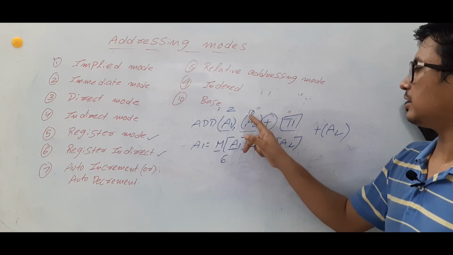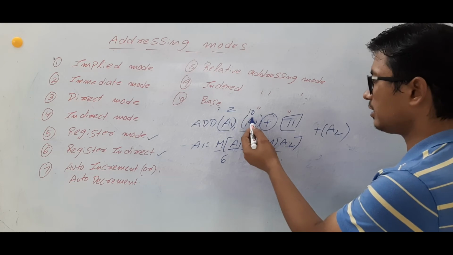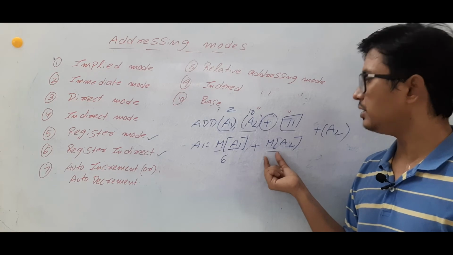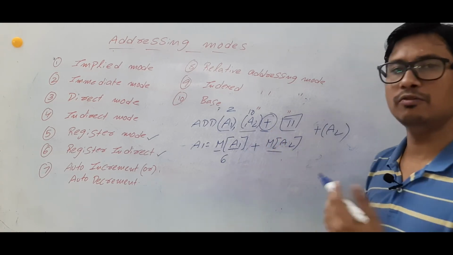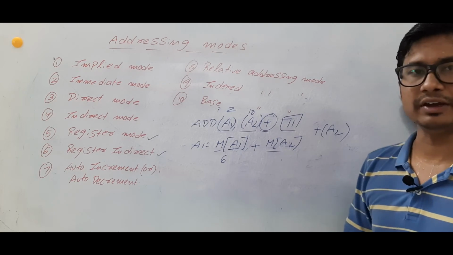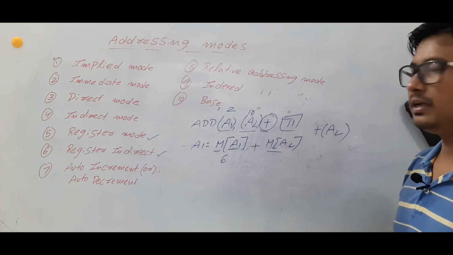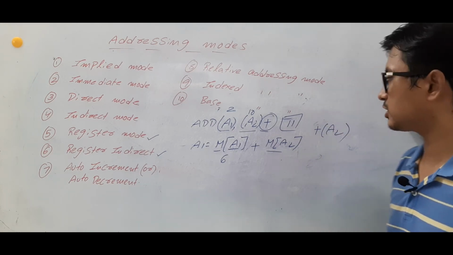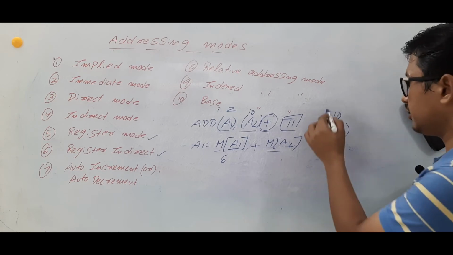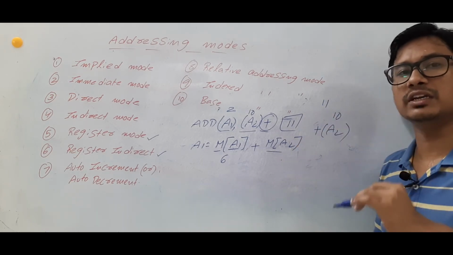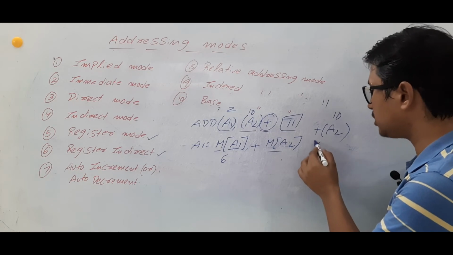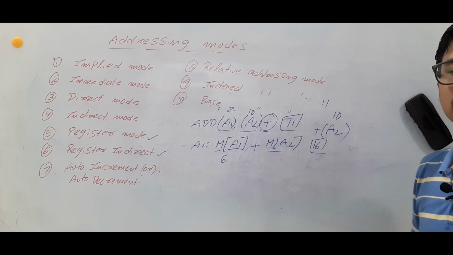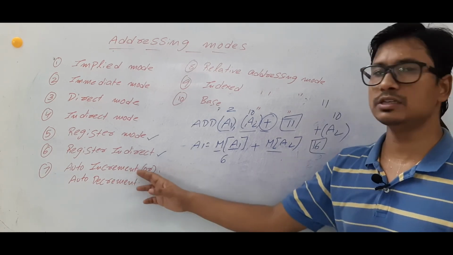So if you have written A2 plus, then first you will go and fetch the value which is there in the address location A2, then the address will be incremented, meaning this address will become 11 in our example. If it is a pre-increment, then what will happen? First it will be incremented, then it will go and fetch the value. Suppose it is 10 here, then it will become 11. In the address location 11, whatever the value is there, that value will be fetched. Let's take that it has 16, that value will be fetched. Are you able to understand? So that is about the auto increment.